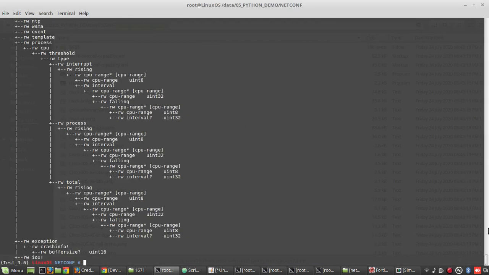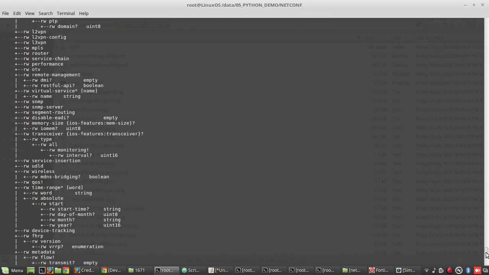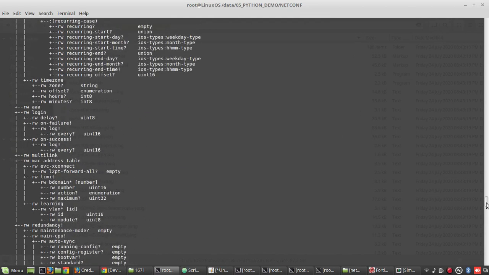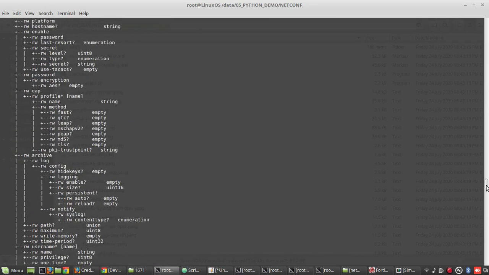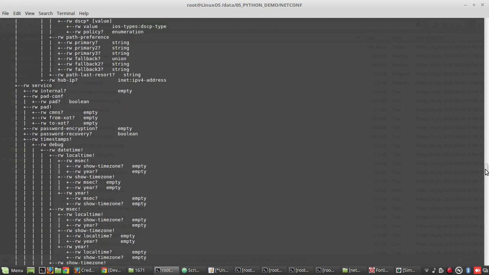Once you give this, you will be able to see it in a tree format, and this will help you to understand the structure of the configuration.